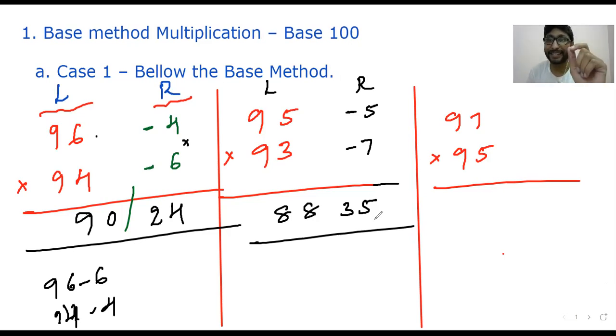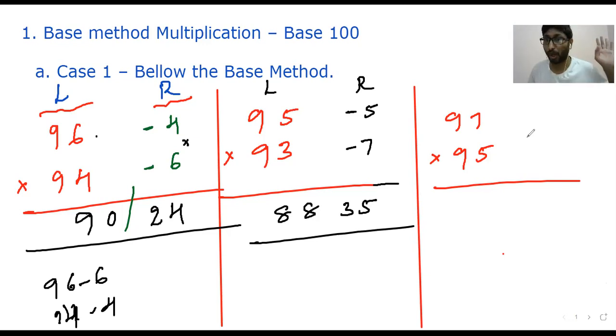Okay. The right hand side part should be a 2-digit number. Simple. See, don't worry about it. I'll explain around 10 to 12 examples on the below base method, and the above base method maybe 8 to 9 examples. By listening to these 20 minutes of concept, you'll get to know the concept clearly.